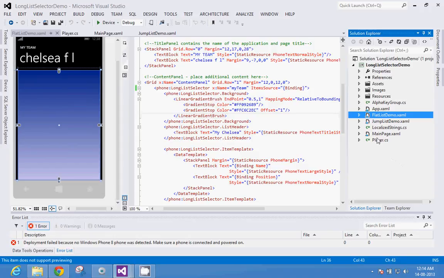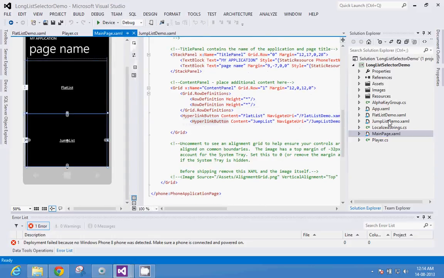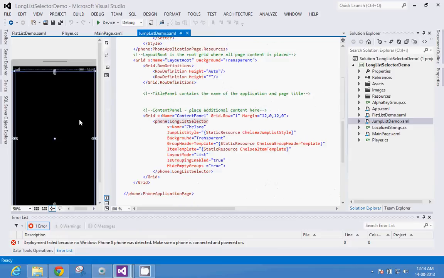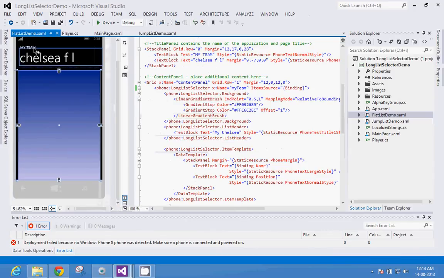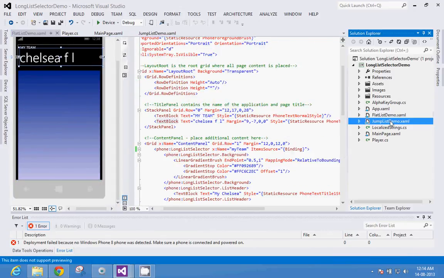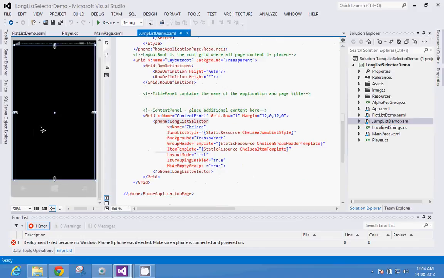If you go to my main page, I have this jump list hyperlink and it takes me to the jump list demo.xaml. You will not see much in the UI here because everything is a template. I have removed these two standard text boxes, so I kept the entire page UI open for my jump list.